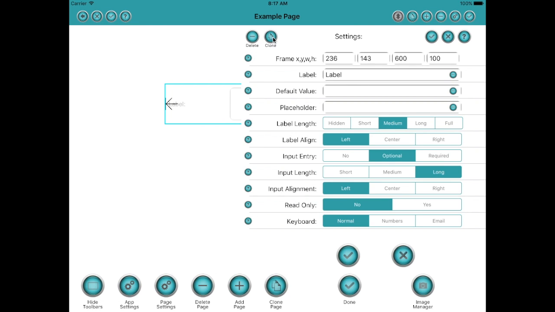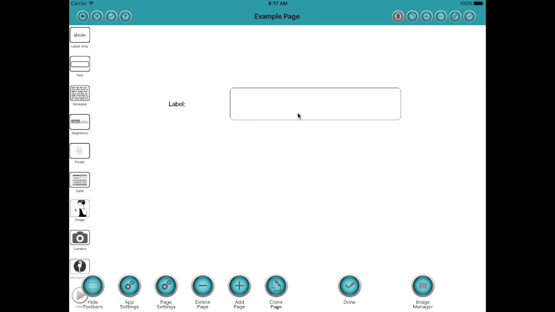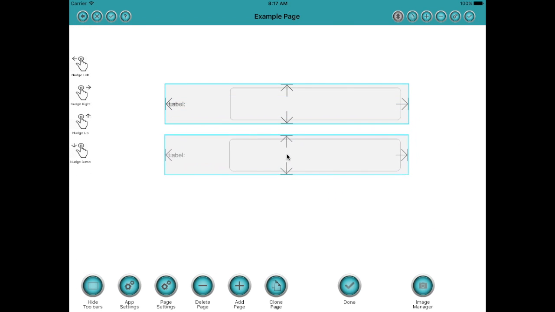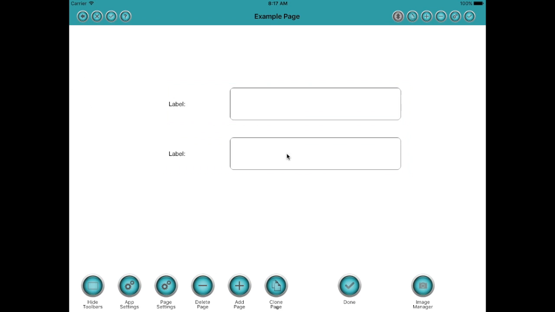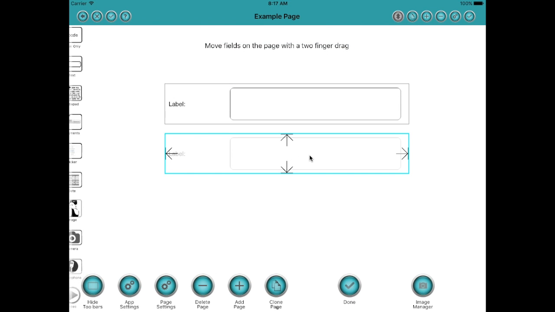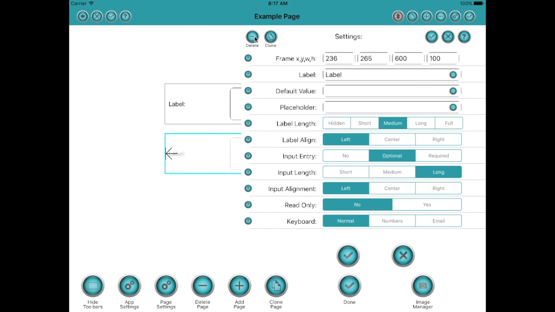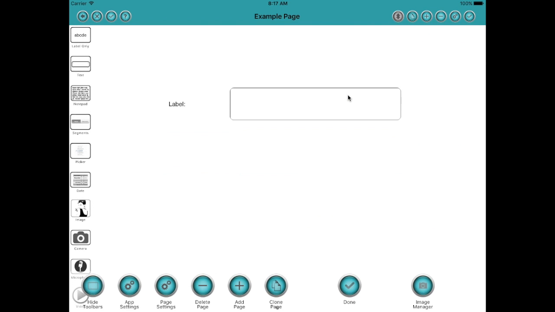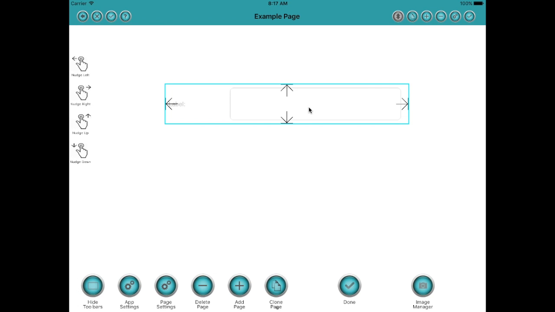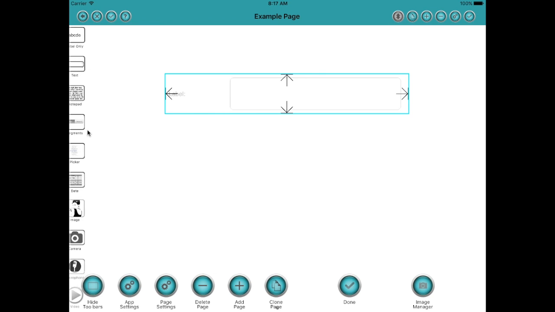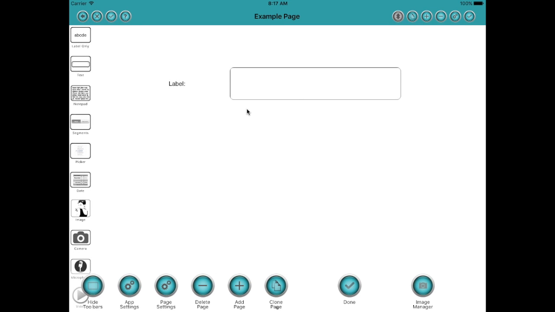Now at the top of the screen you can see we have a clone button, and that's very useful to recreate fields. And there I just cloned a field. Now a cloned field will sit right on top of the field that's being cloned, so you have to drag it away, and then you can also use the delete button to just delete a field. Right, now then we just have a little play with the nudge button there to move it up a bit,